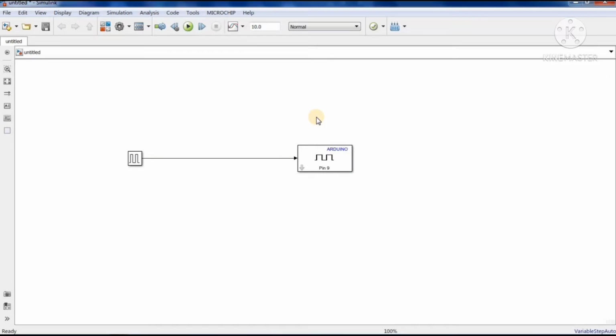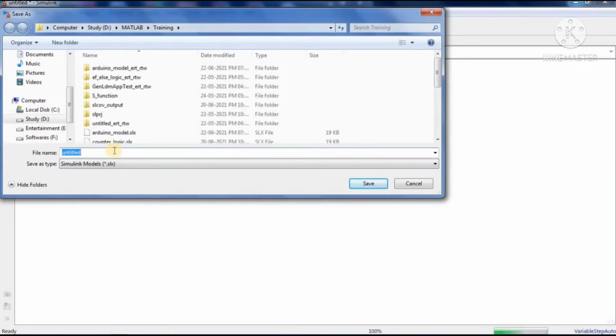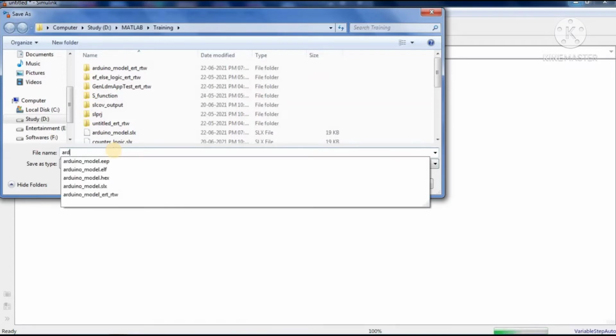Once you have done this, connect your Arduino hardware to your laptop, and before that you have to save this model. Save it and give it some name. I'm giving the name Arduino model.